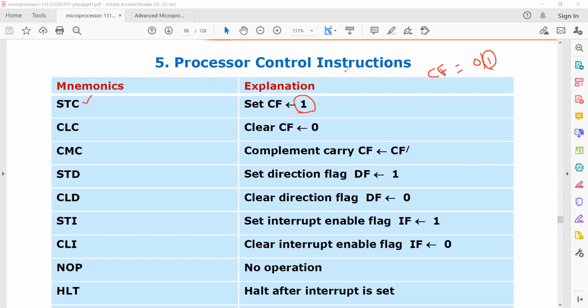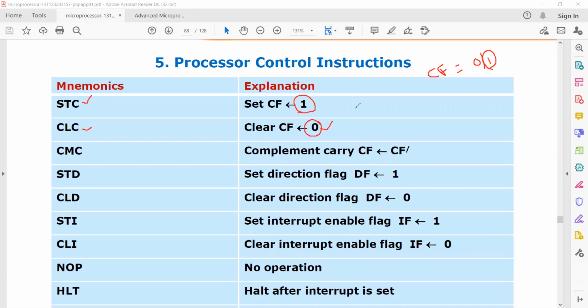Next one is CLC. What is the meaning of CLC? Clear carry flag. That means the carry flag value will be set to 0. Before writing this instruction, whatever the value of the carry flag may be, the carry flag value will now be 0.